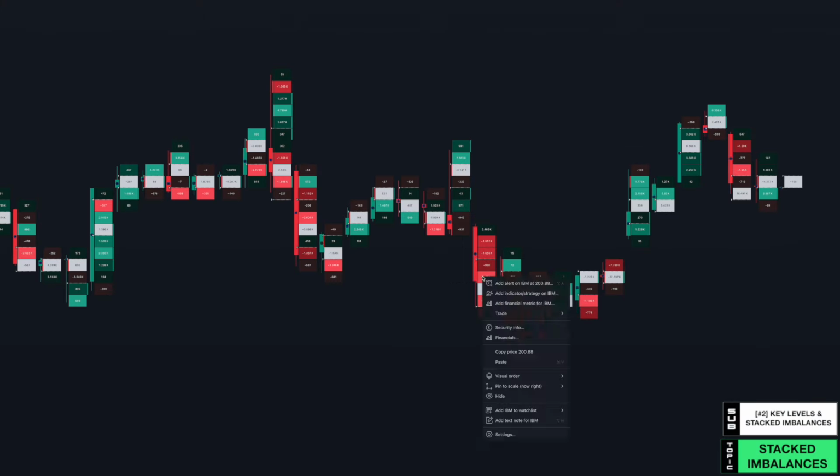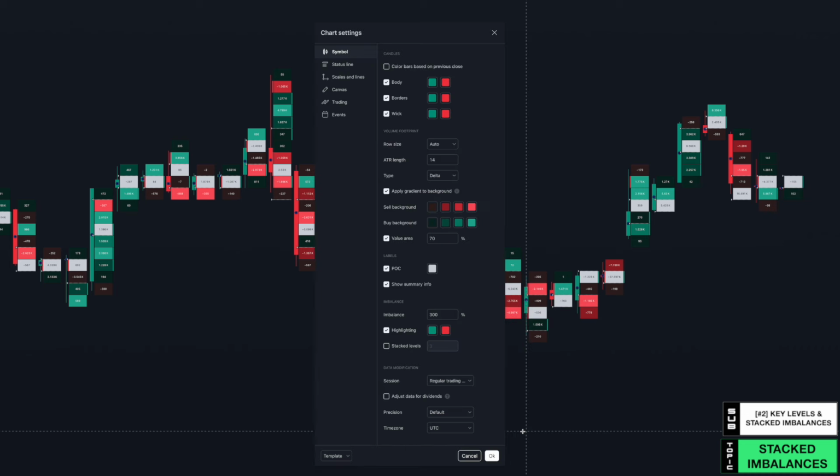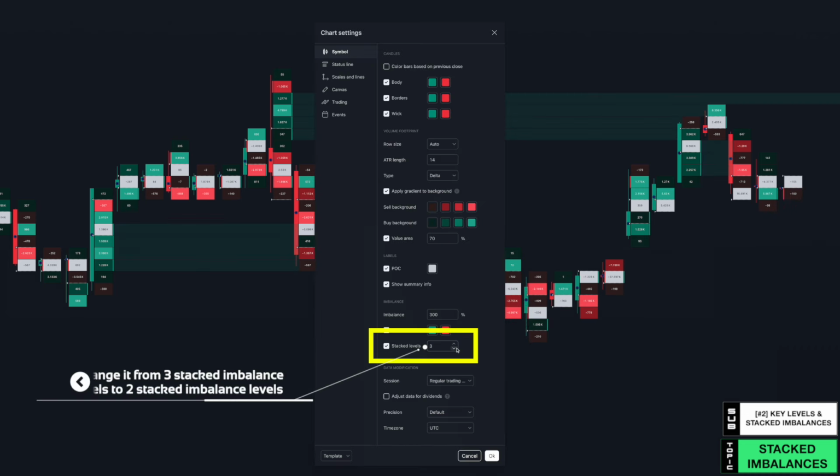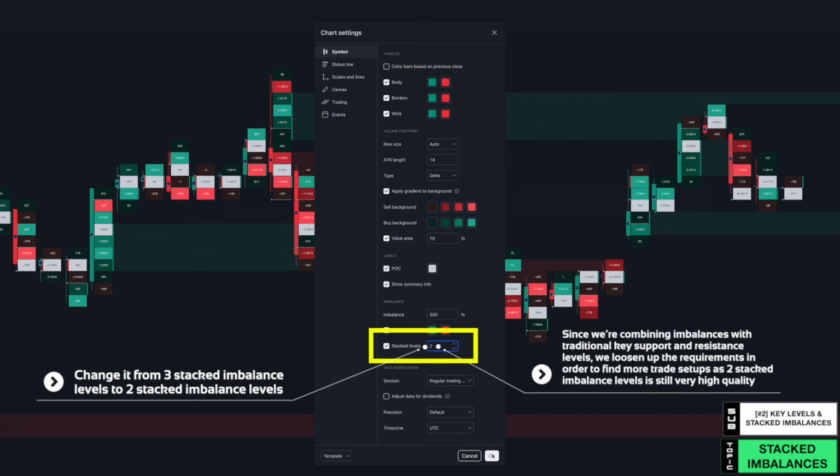For the strategy, go to your settings and change it from 3 stacked imbalance levels to 2 stacked imbalance levels, because since we're combining imbalances with traditional key support and resistance levels, we loosen up the requirements in order to find more trade setups, as 2 stacked imbalance levels is still very high quality. Now on your charts,